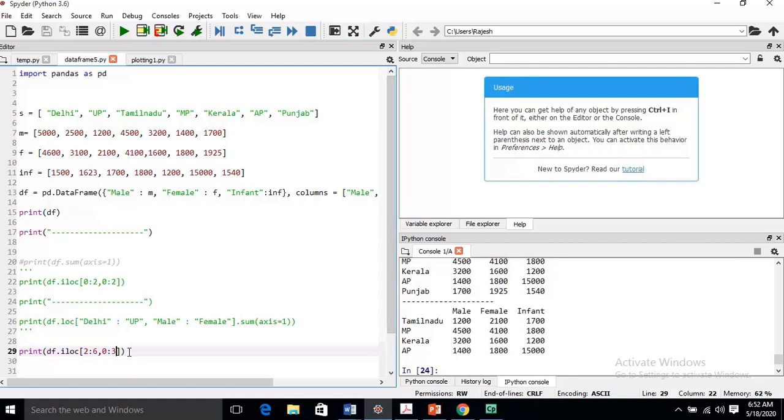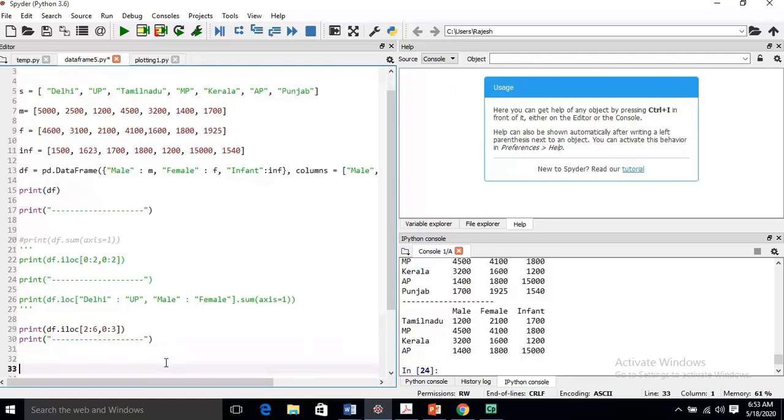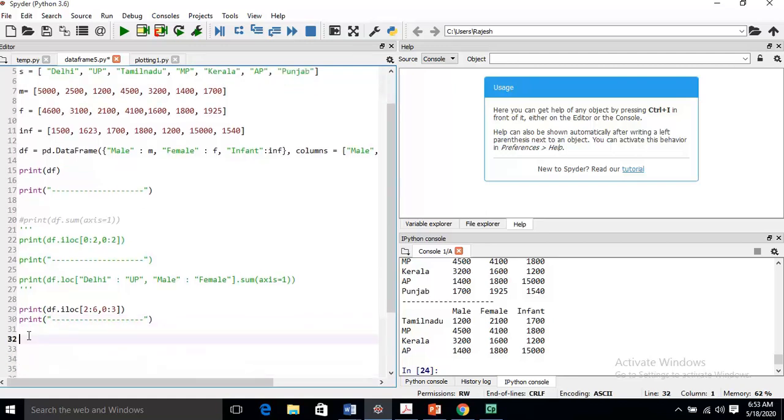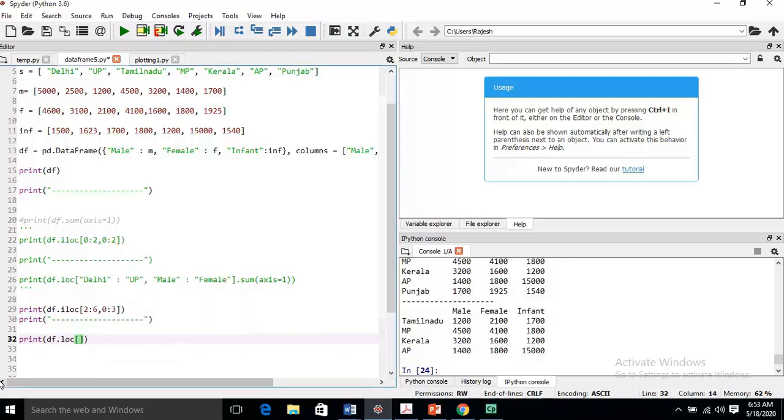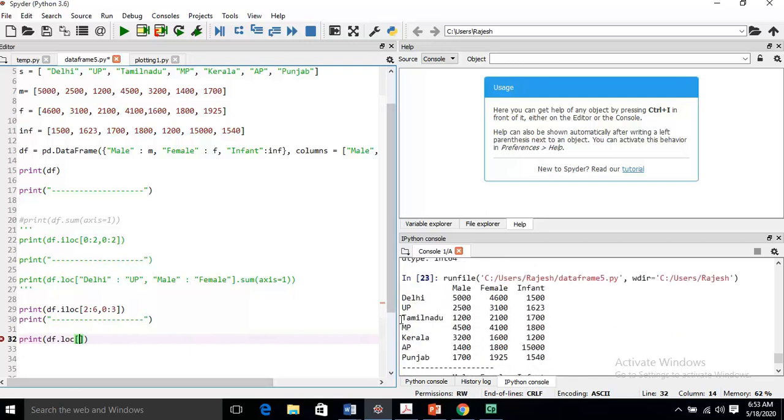But I will do the same using loc. For this, let me copy this so that you will see the difference between these two results, and the difference is nothing. They will produce the same result. Print df.loc, then we need the data from Tamil Nadu to AP.